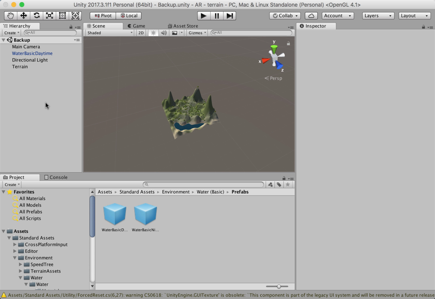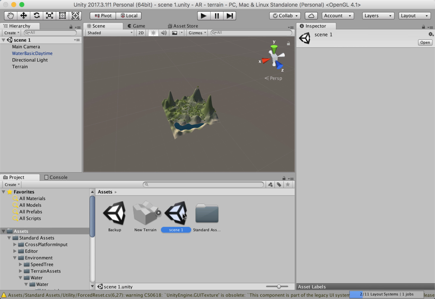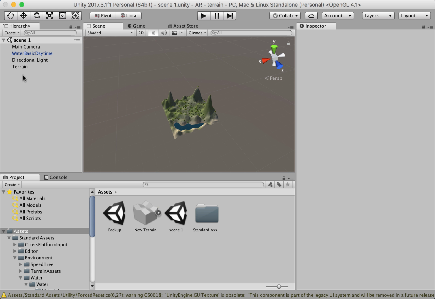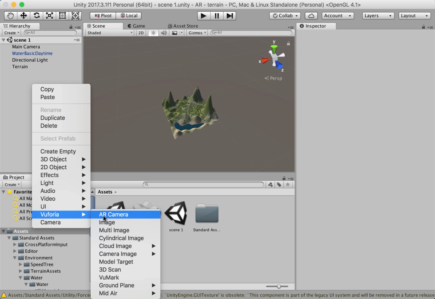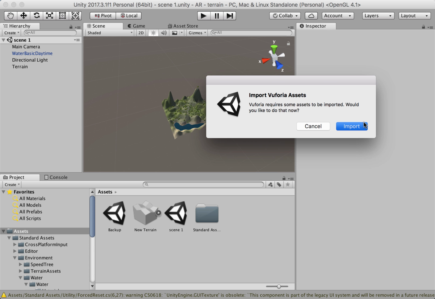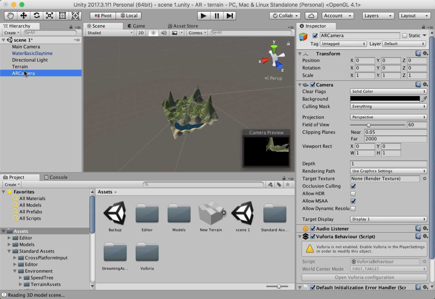Okay, so we're in our backup scene. I might just bring us back to my actual scene, which is called scene 1. Firstly, right click in your hierarchy and go to Vuforia, AR camera, import. Okay, once it's imported,